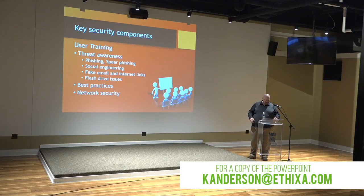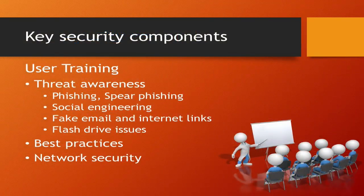User training. I view this as one of the most important elements of a cybersecurity protection plan, because, like we said before, your employees and your users